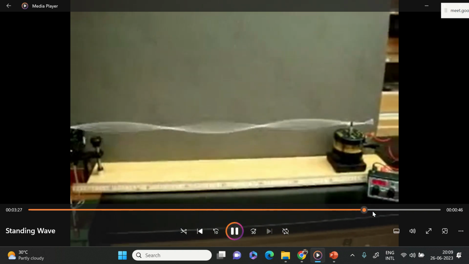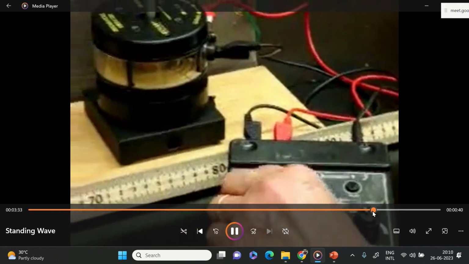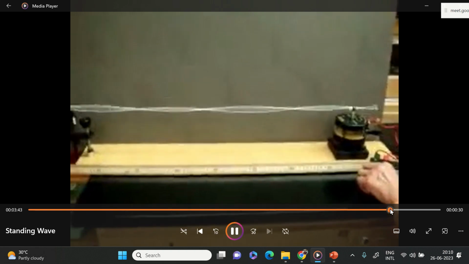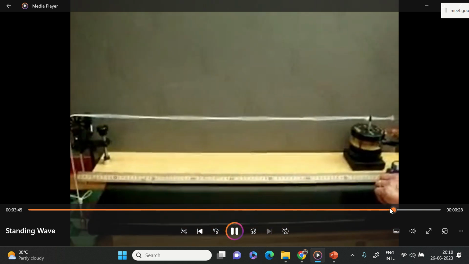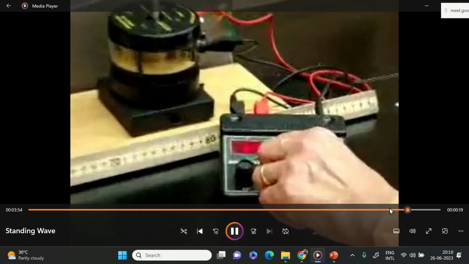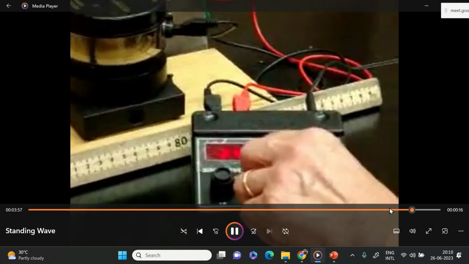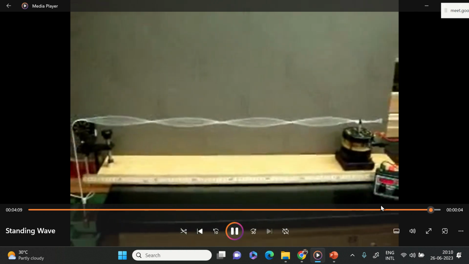So you can see the nodes, antinodes in a standing wave at the two ends. So you see, this is a standing wave in one dimension. So if you think of an electron as a standing wave in one dimension, this is what might come to your mind. Okay,